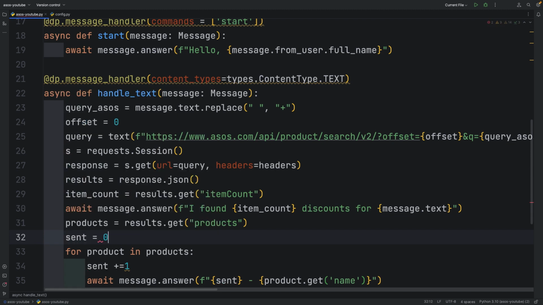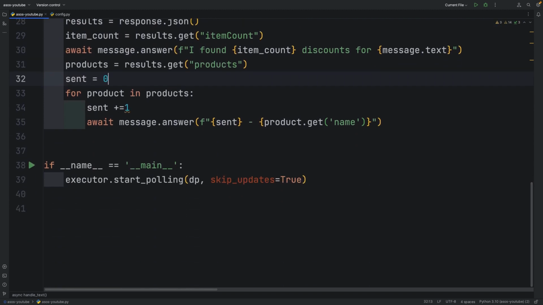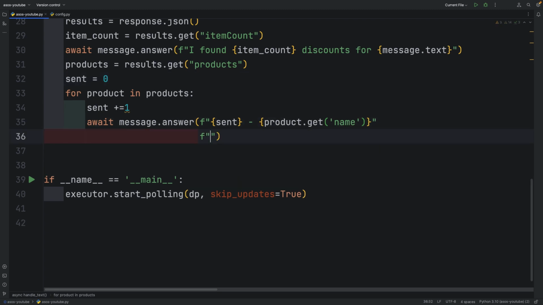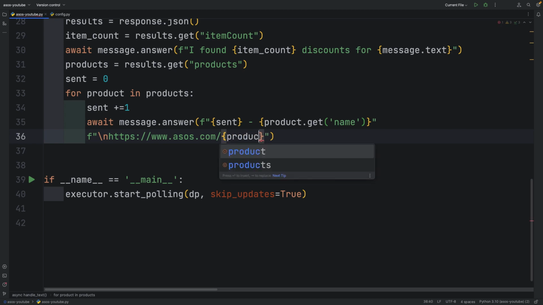Let's not forget to initialize the send variable with an initial value of 0. Moving on, let's add a link to the product's page, which we will construct by combining the domain with the partial URL we got from our JSON data.